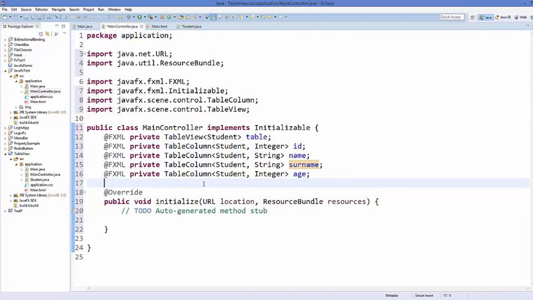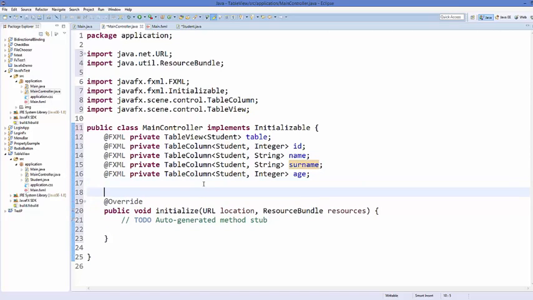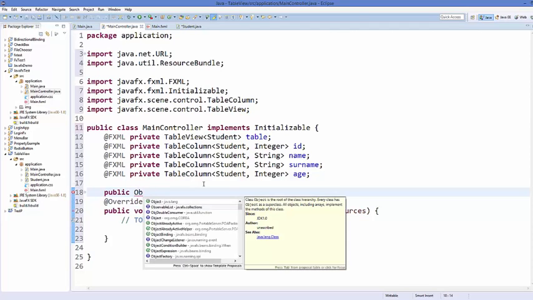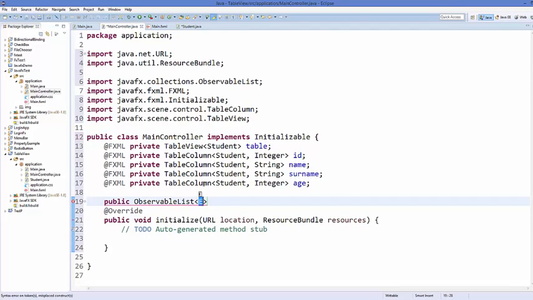Now next what we are going to do is we are going to declare an observable list. So declare a public observable list and name it as list. So this is the list of students, right? So it will also take this template variable, which is student in our case, because we have created this student class, and name it as list is equal to